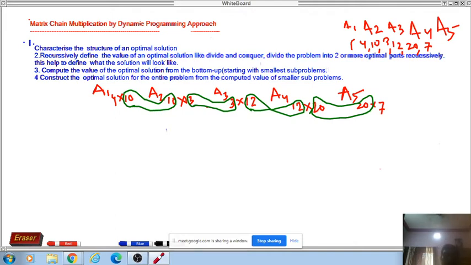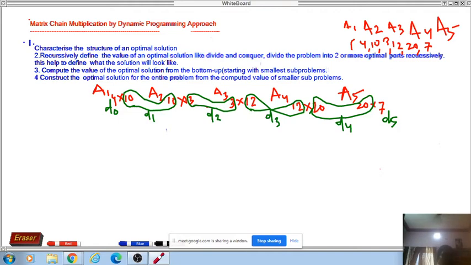Are you understanding? Yes, sir. So if it is like this, one thing you have to remember is the dimensions. For this 4, you remember the dimension D0. I will tell you later why I am taking it. This one you take as D1. These 3, 3 make the dimension D2. And this 12, 12 make the dimension D3. 10, 20 make the dimension D4, and this 7 alone is D5. Understood?